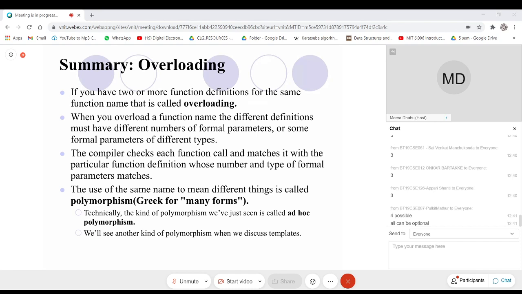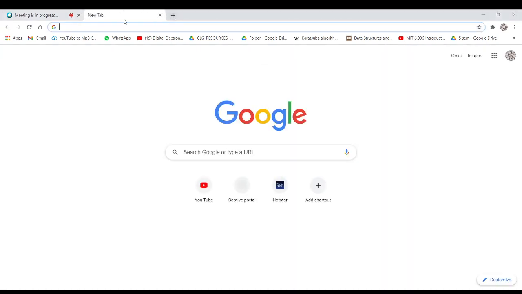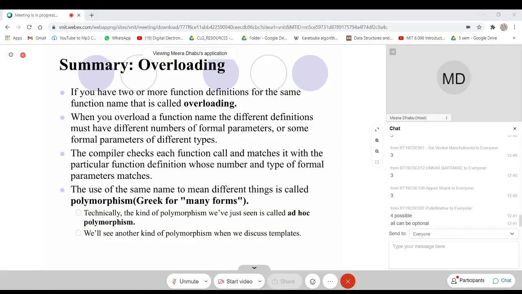If we have more than one function definition with the same function name, that is nothing but overloading. So how to differentiate? By a different number of formal parameters, or the same number of formal parameters but a different type.